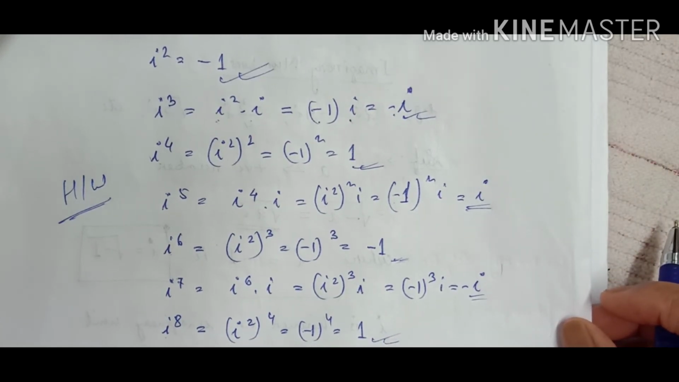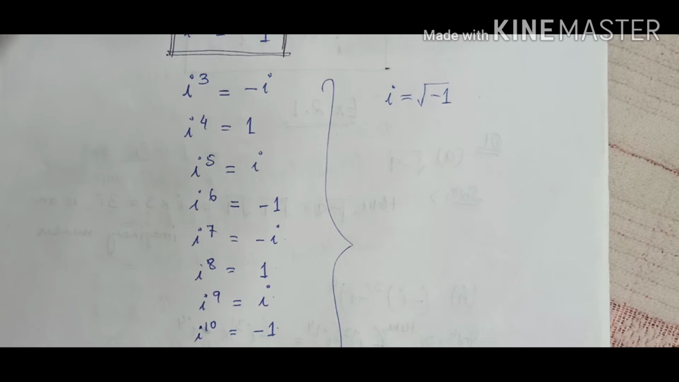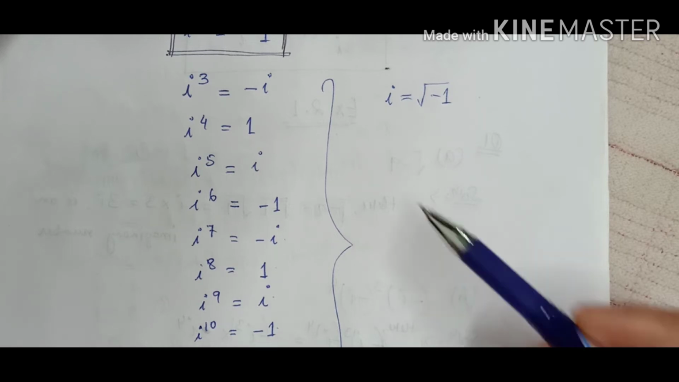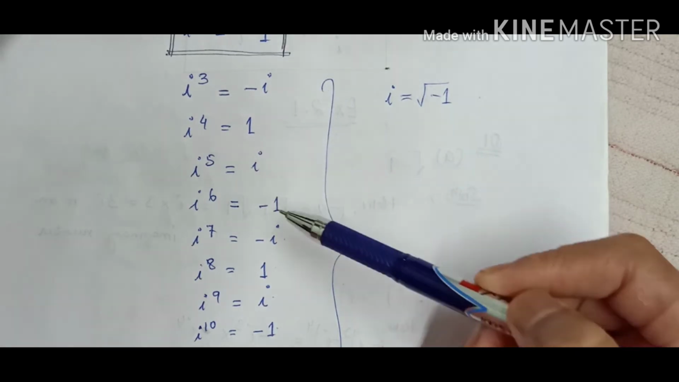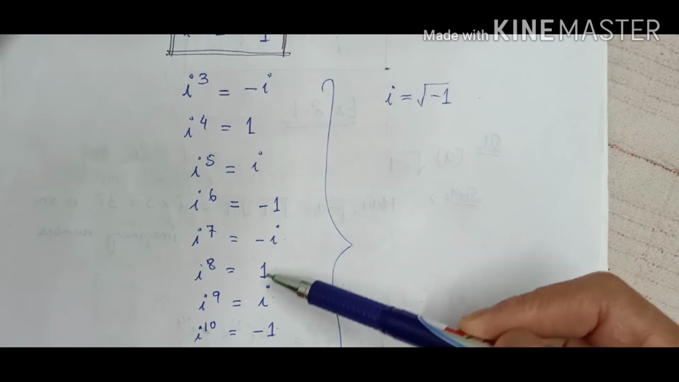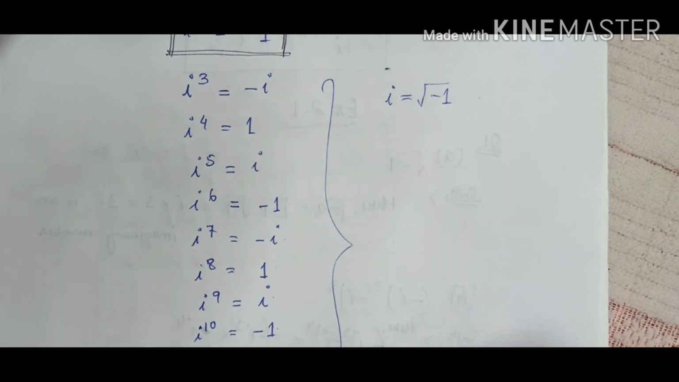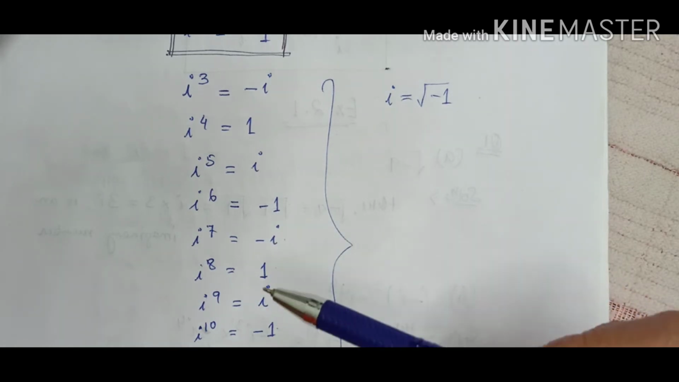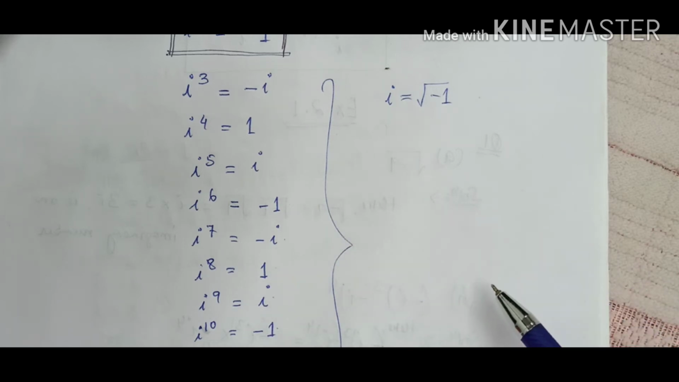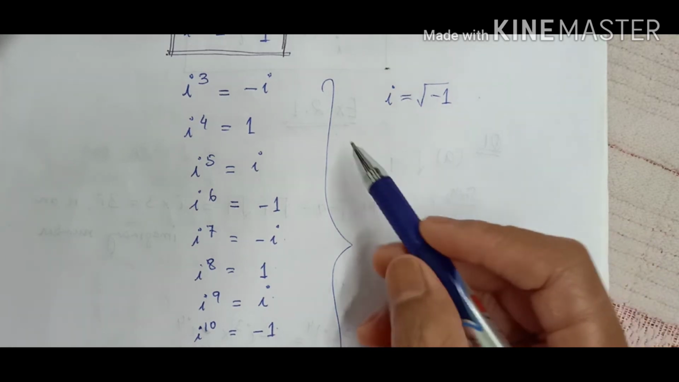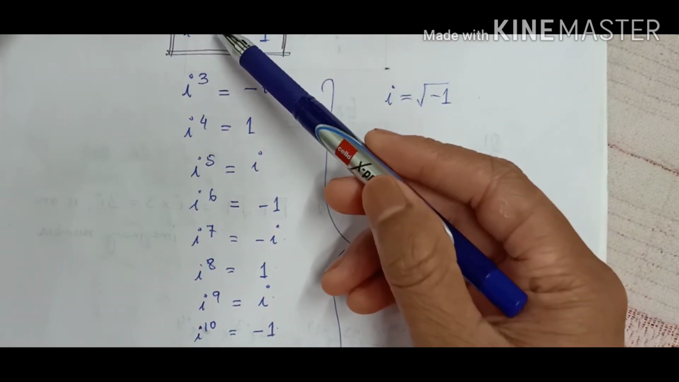Now as I told you, it is following a pattern: 1, minus i, 1, i, minus 1, minus i, 1, i, minus 1, minus i, then 1, i, like that it will go, then again minus 1, minus i. Okay, now if you look here, we'll find that wherever there is 2,